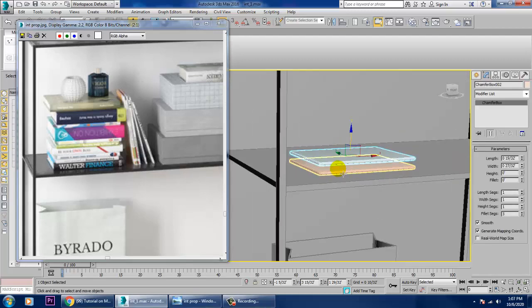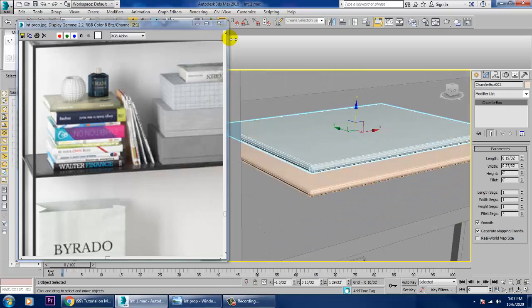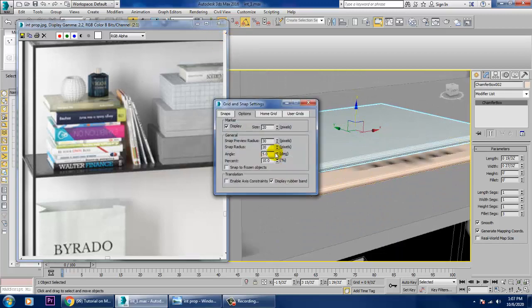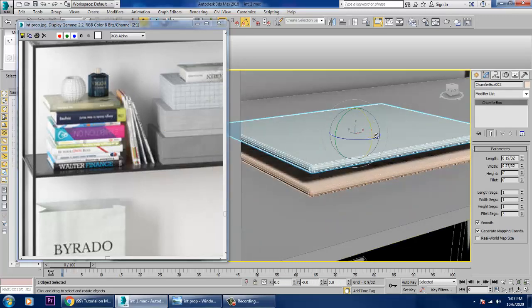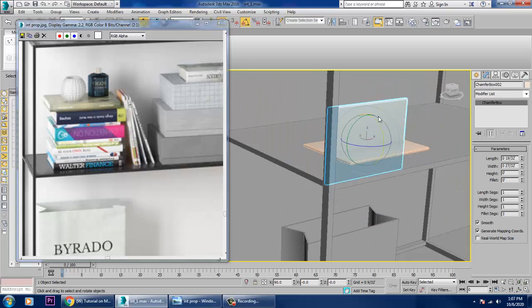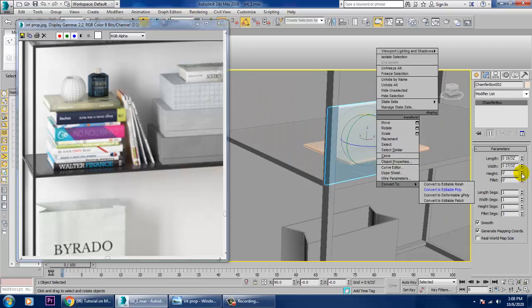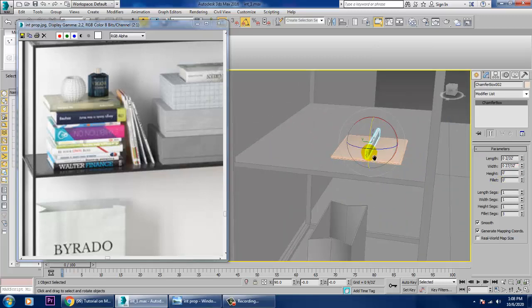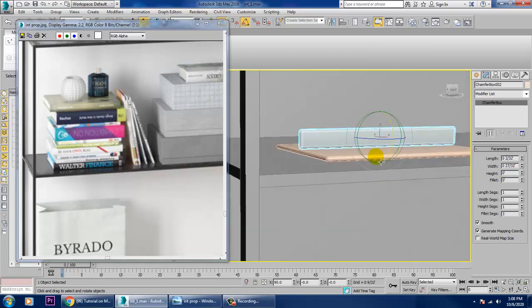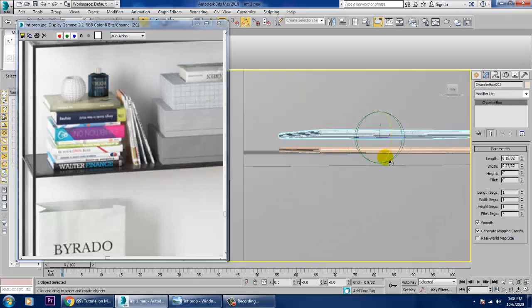After you're done with this, let's rotate it by 90 degrees. Reduce its length a bit. Press shift and duplicate it.